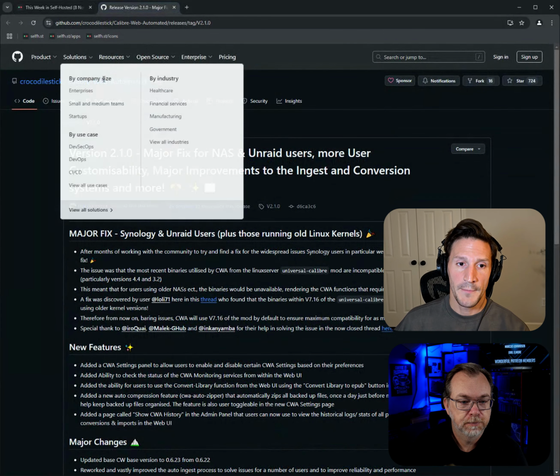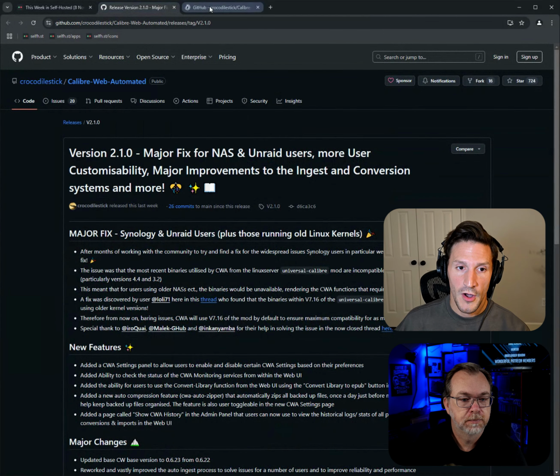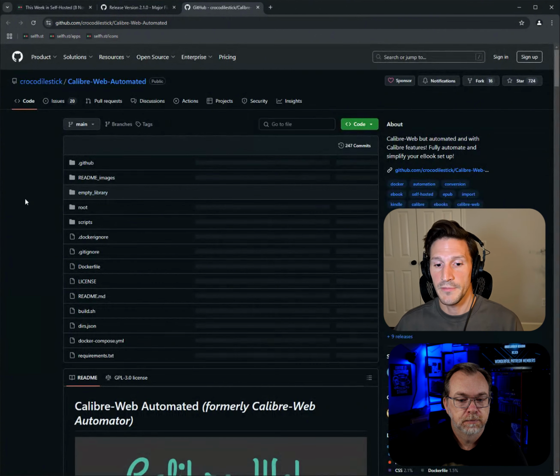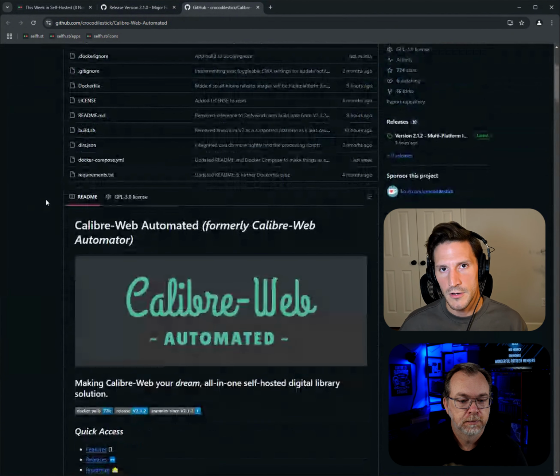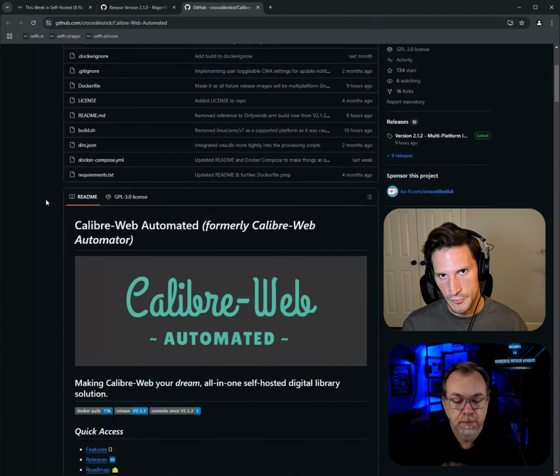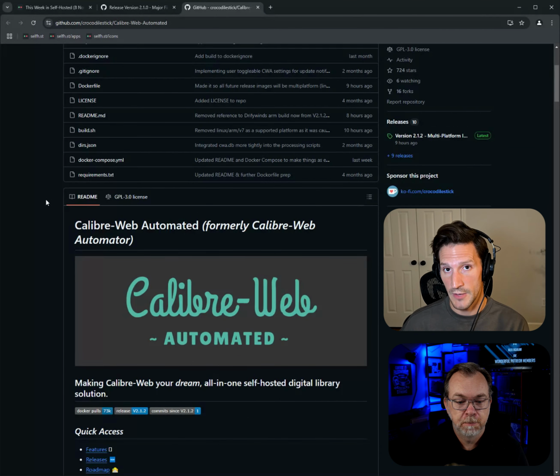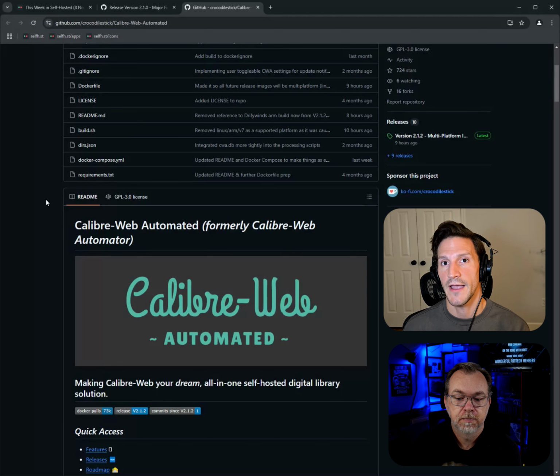But Calibre-Web Automated, for anyone who isn't aware of it, is essentially a platform that combines Calibre, the ebook manager program itself, with Calibre-Web, which is kind of an add-on sidecar program for accessing Calibre libraries through a web interface.